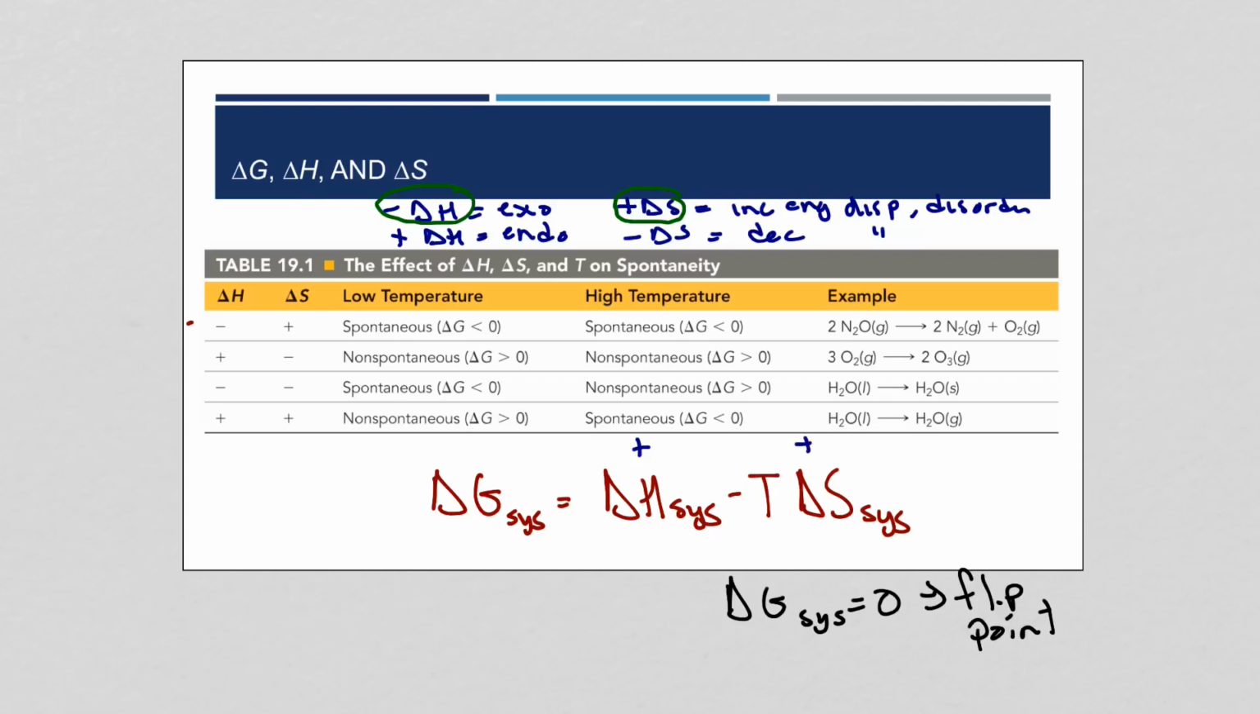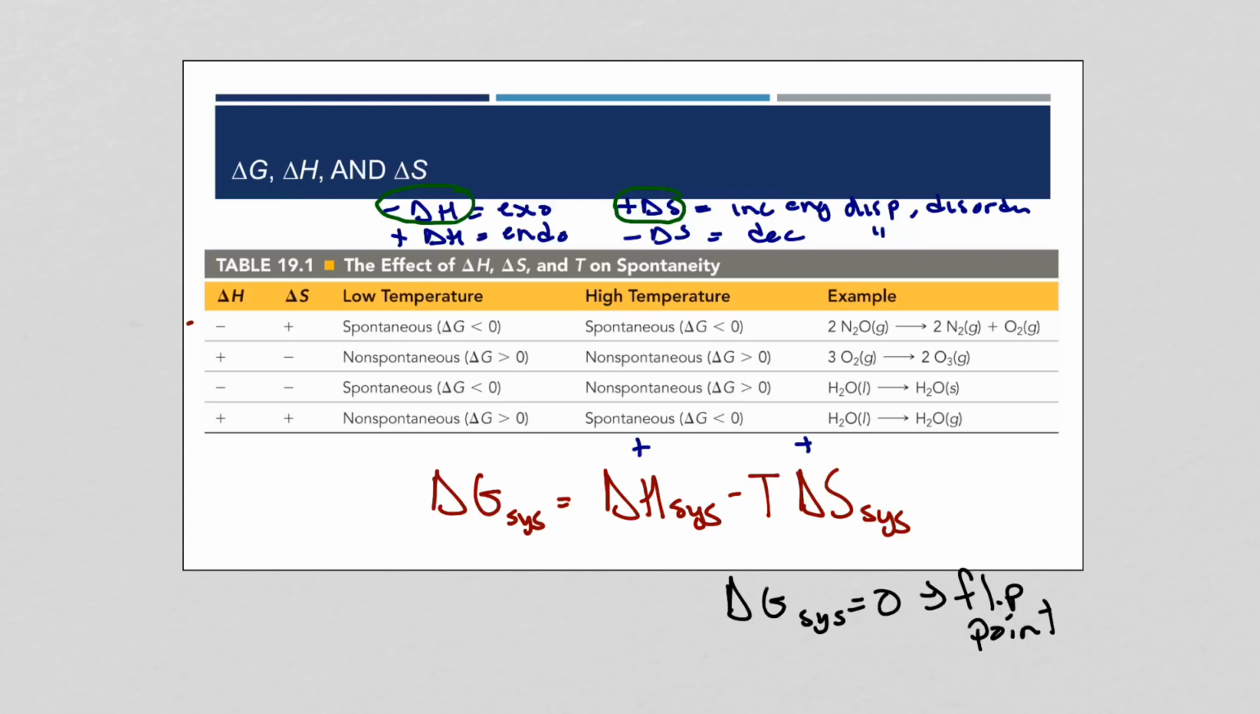So in this scenario, it's actually the entropy term that we want to maximize, right? Because this is favoring spontaneity. So we want to maximize this term and keep this term less important. So how do we do that? Well, we raise the temperature. So this type of reaction is going to tend to be spontaneous at relatively higher temperatures, because at lower temperatures,